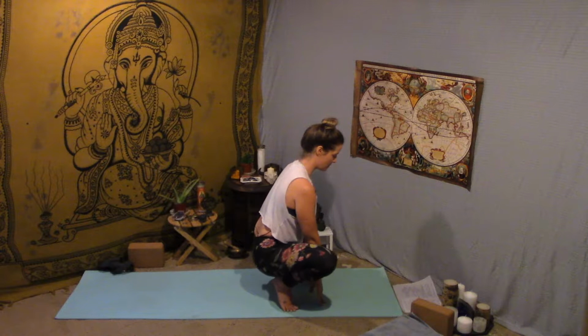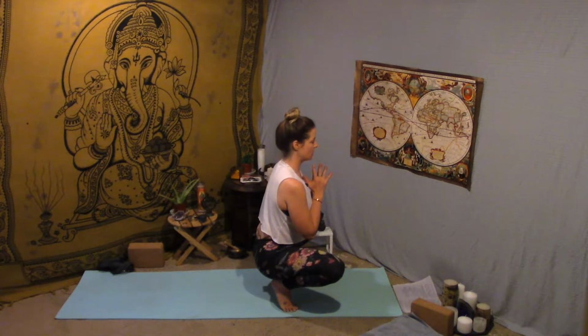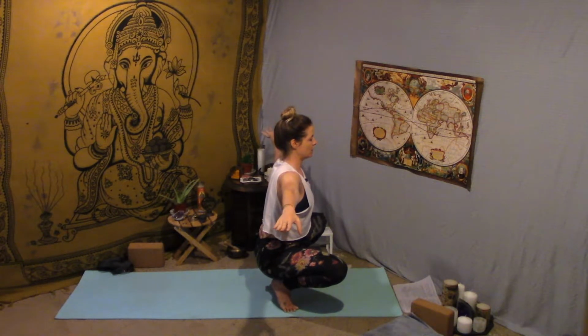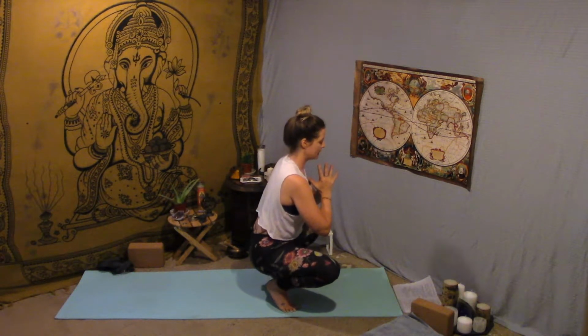Again, finding that balance on your tiptoes. We're engaging our core, so lifting our belly. Our arms are in prayer, or maybe you want to bring them out in front of you. Maybe you want to bring them out to a T. Whatever feels right for you. I tend to gravitate towards prayer pose, but any position of your hands is right. Okay, and when you are feeling ready and sturdy, I'm going to encourage you to slowly, with control, lift up,